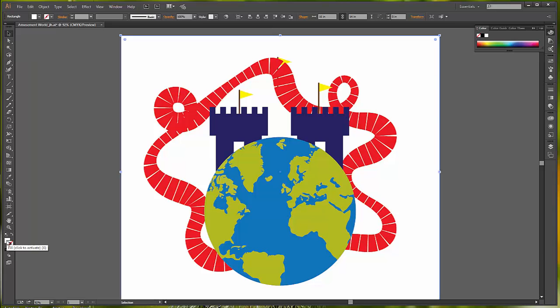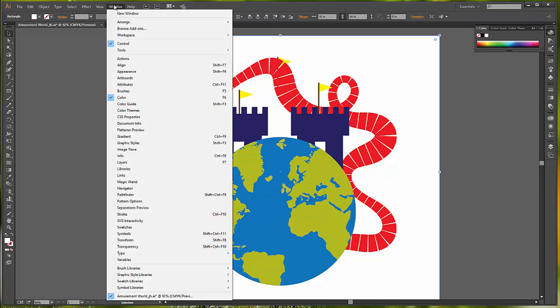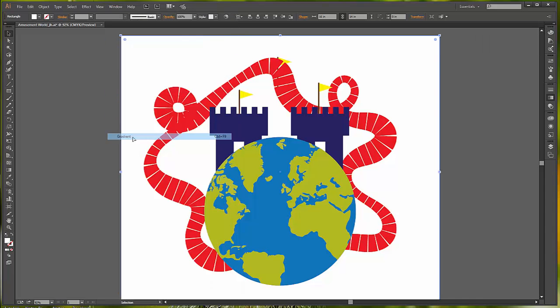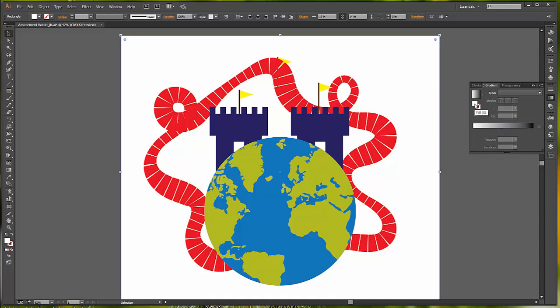Again, I'm going to activate my fill color to bring that forward, and I can go to Window and select my gradient panel, and I have my fill is active, and I have a black to white